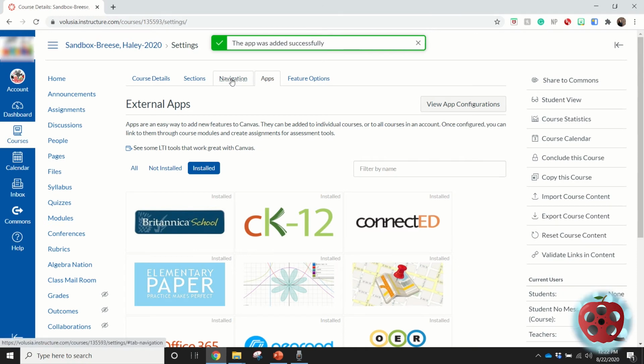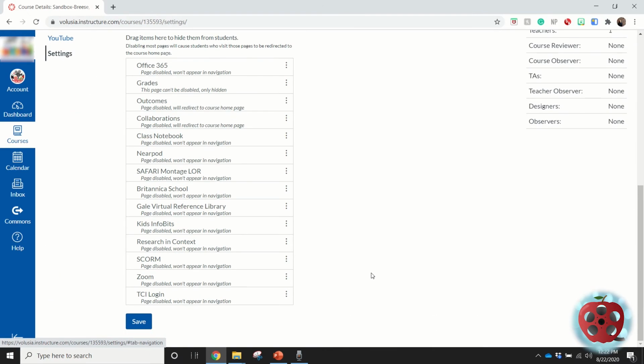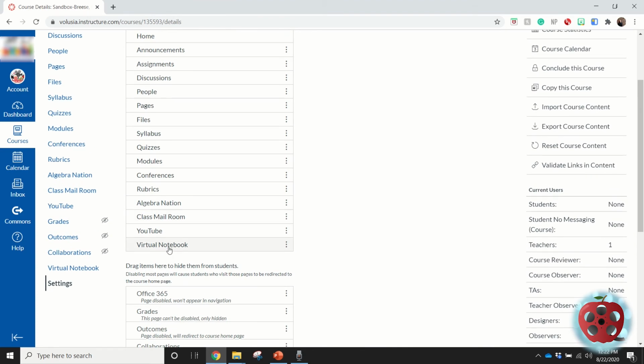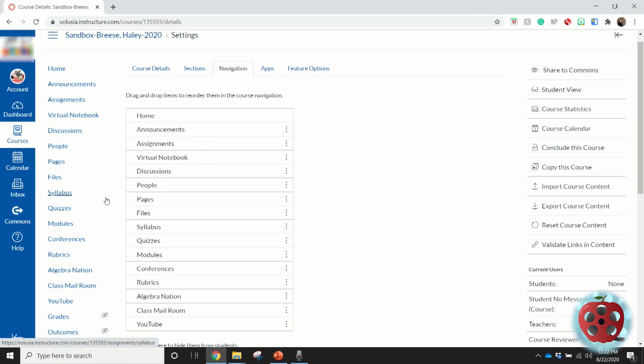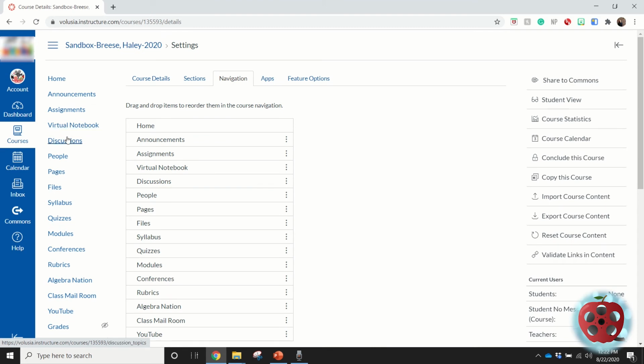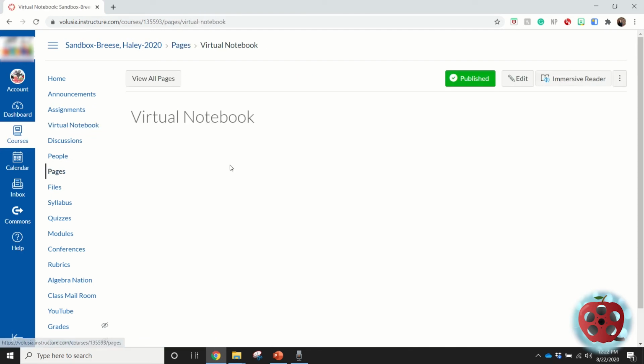After I do that, I can go to Navigation. I can scroll down, press Save, and there we go. Now I've got my virtual notebook. So let's scoot this up a little bit. Okay, press Save. And now in the tabs here, I can see that my virtual notebook has been added to my navigation tab. So if I select this, it'll take me directly to the pages where this virtual notebook was